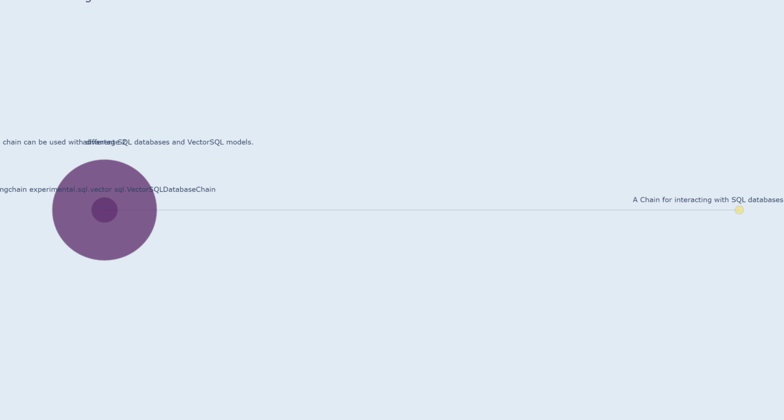The chain can be used with different SQL databases and vector SQL models. This flexibility allows users to tailor the chain to their specific needs and environments. For instance, the chain can be used with databases like MySQL, PostgreSQL, or SQLite. Similarly, different vector SQL models can be used based on the specific requirements of the query and nature of the